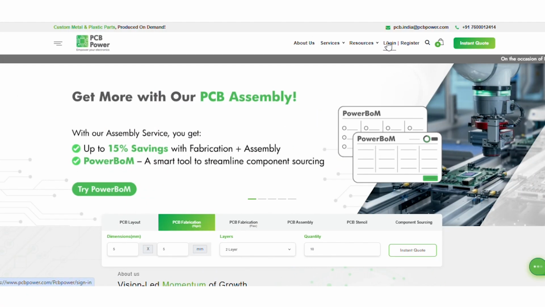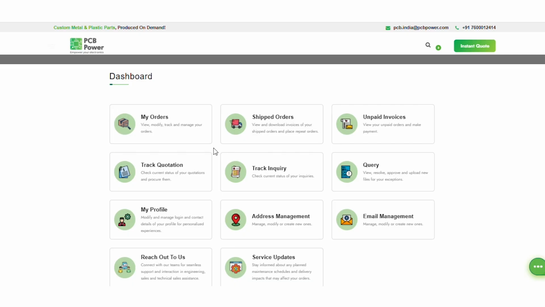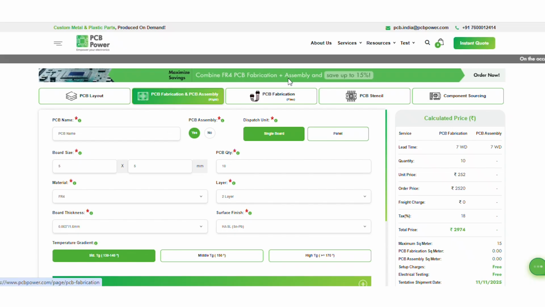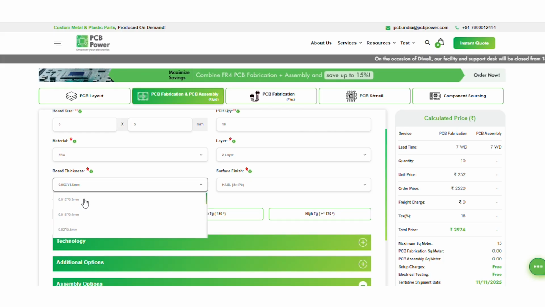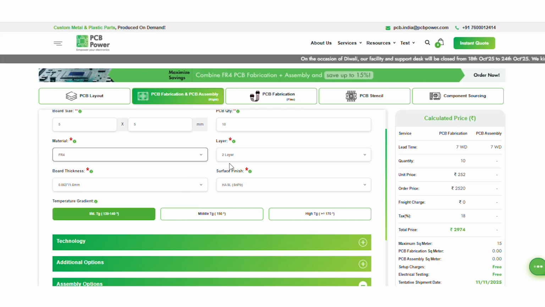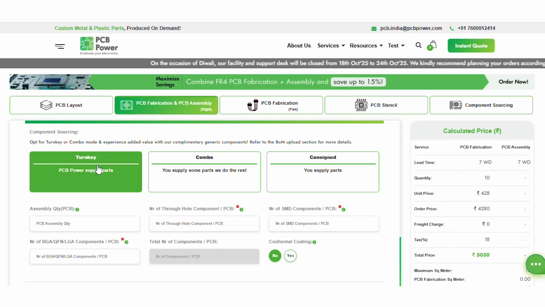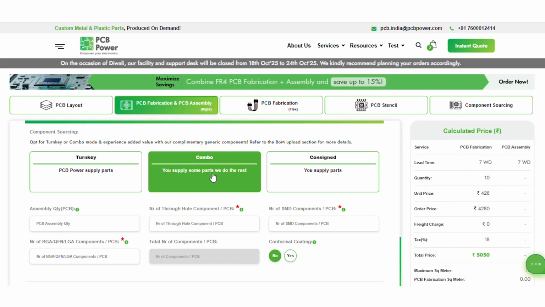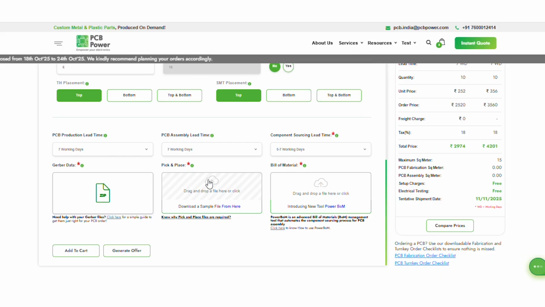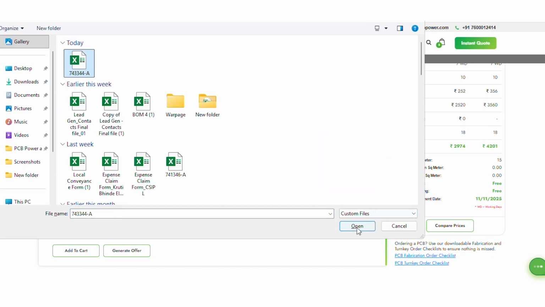Just go to our website and log into your PCB Power account. Enter all the details of your PCB like PCB name, its technical specifications like thickness, material, and everything. Make sure you have entered all the details correctly, including number of components, your service type, either turnkey, consigned, or combo, and then scroll down to upload your files related to PCB, which is Gerber, pick and place, and then